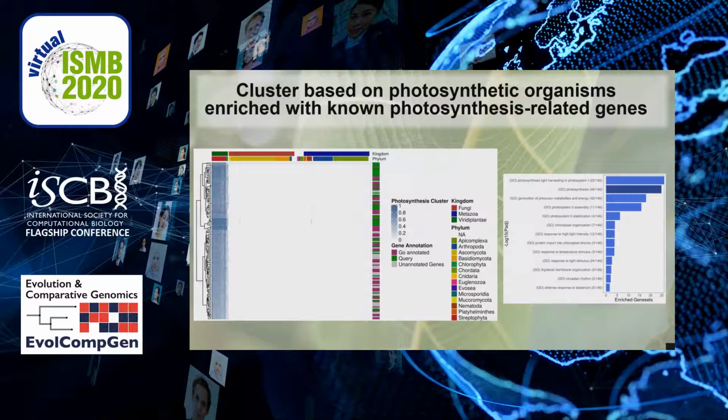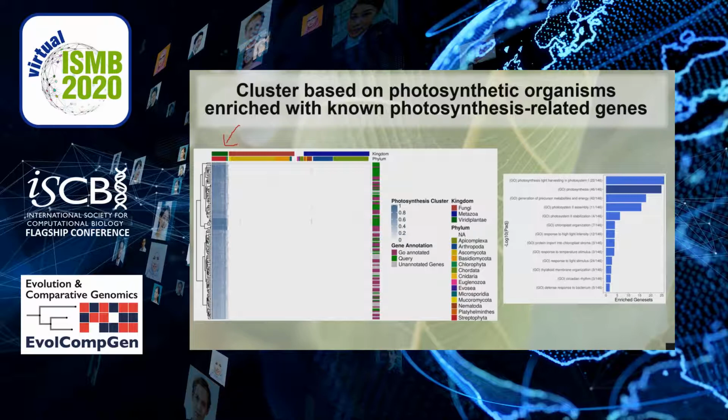The heat map shows the genes in the rows and the organisms in the columns. As the heat map shows, the genes mainly occur in photosynthetic organisms like plants, green algae, brown and red algae, diatoms, and other known photosynthetic protists. So this pattern, which shows occurrence only or mainly in photosynthetic organisms,